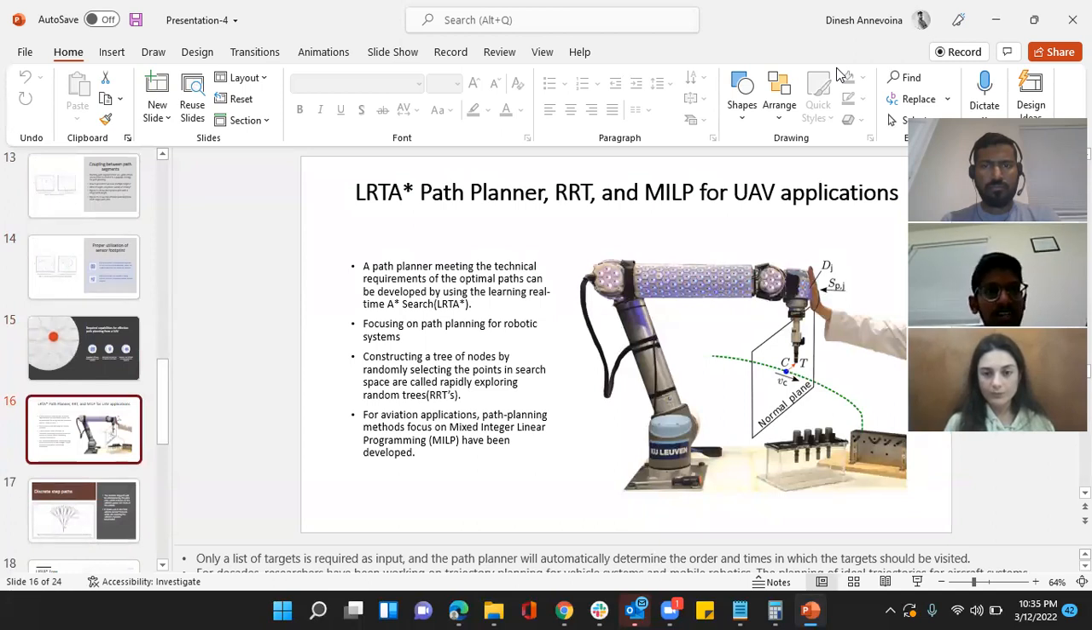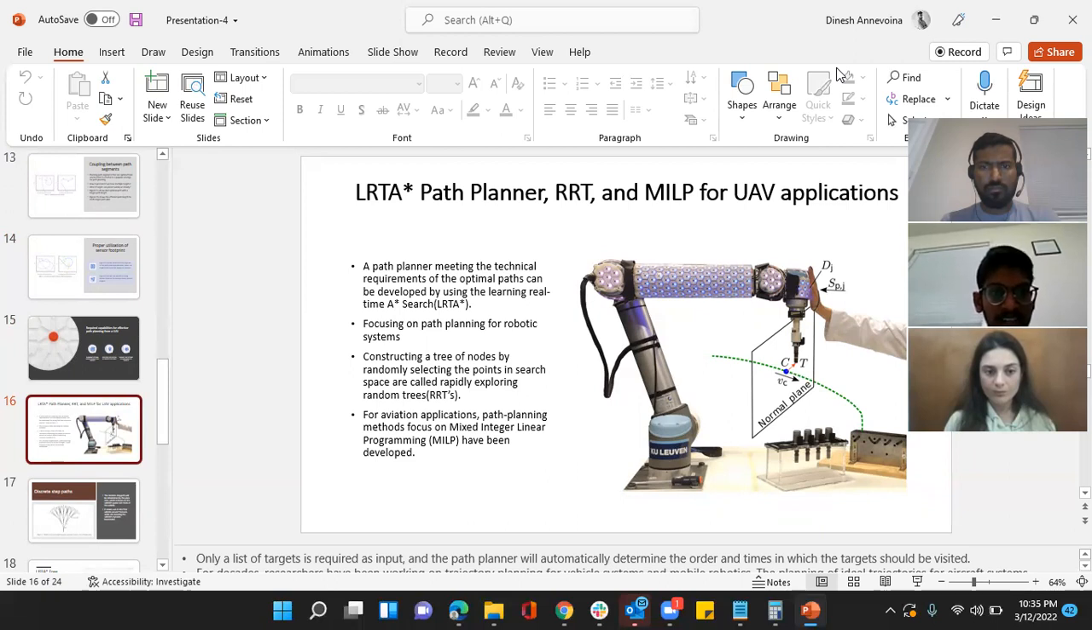Yeah, and the next is LRTA-star, learning real-time A-star search path planner, and RRT. RRT is nothing but rapidly exploring random trees, and MILP, mixed integer linear programming. These are some of the algorithms that we use for getting success scenarios in UAV applications. A path planner meeting technical requirements of optimal paths can be developed by using this LRTA-star search. And we mostly use this in path planning for robotic systems,